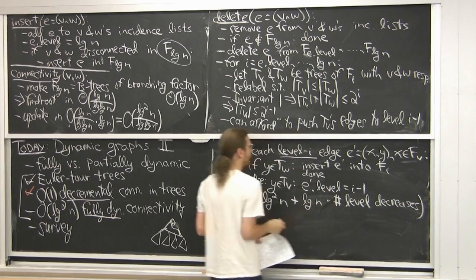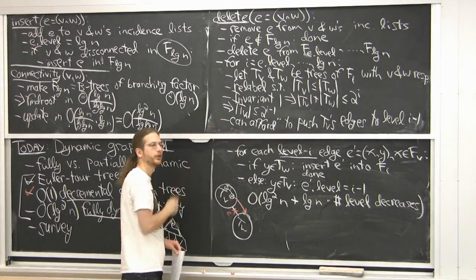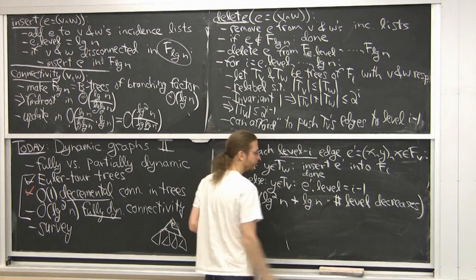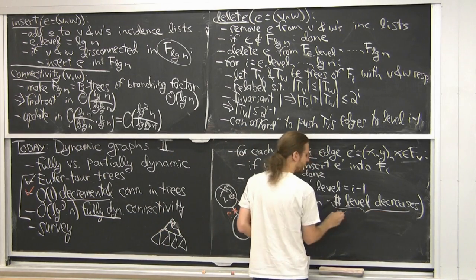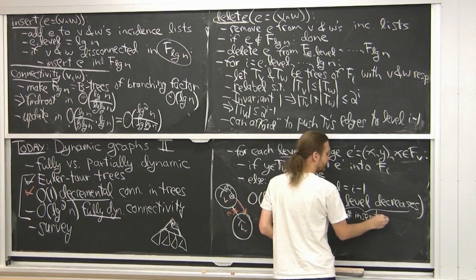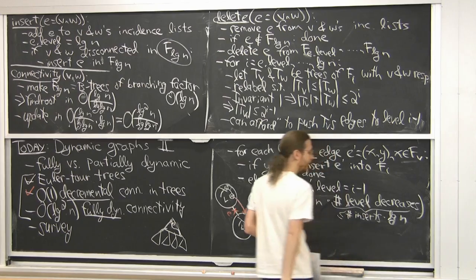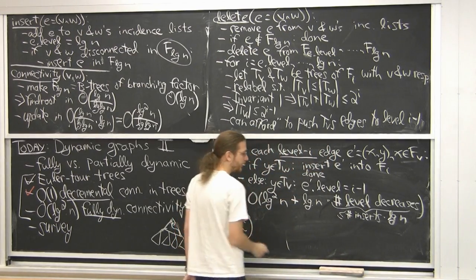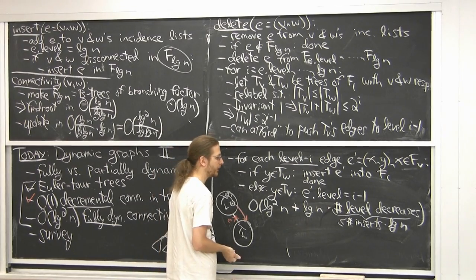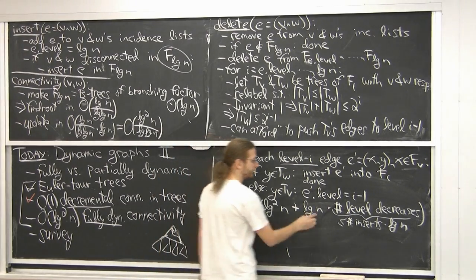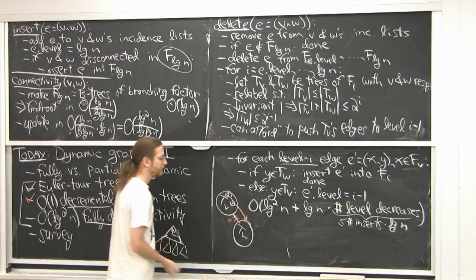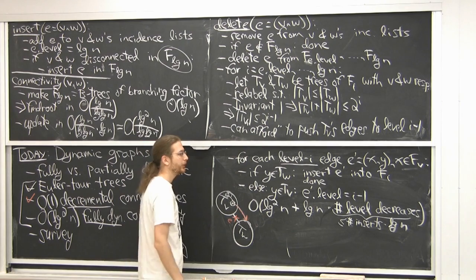That's for this step. I claim that each round of this loop costs log n. So that's why we get log n times number of level decreases. But the number of level decreases is at most the number of edge insertions times log n, because each edge can only decrease in level log n times by definition of levels. And so we can charge to the insert operations at a factor of log n. So there are two log n's here, so inserts now cost log squared amortized as well. Deletes cost log squared amortized, and we get log squared overall.